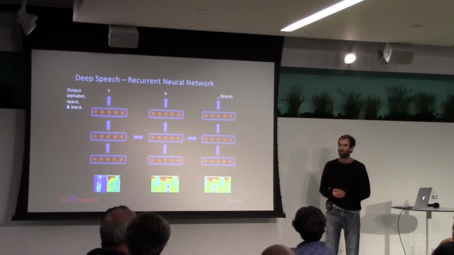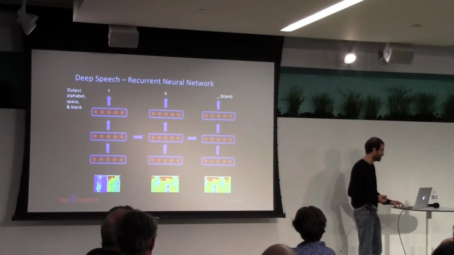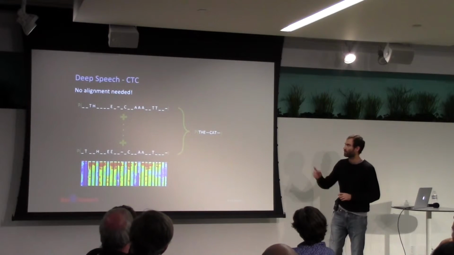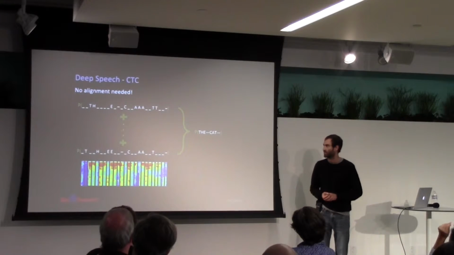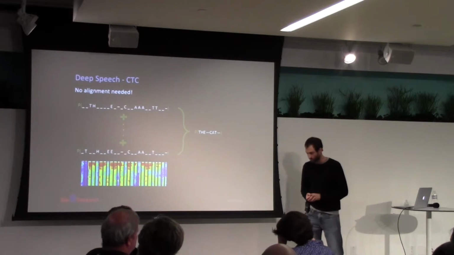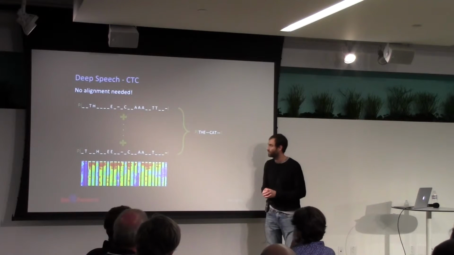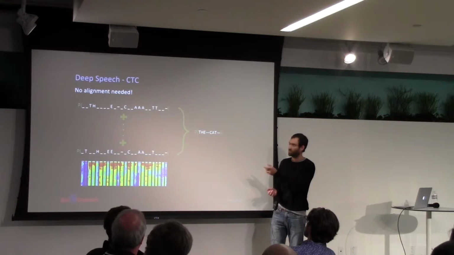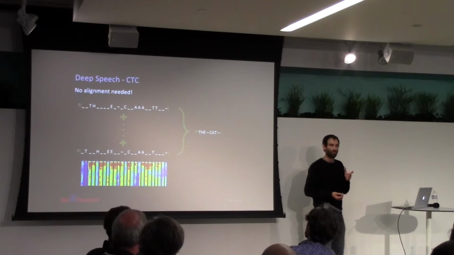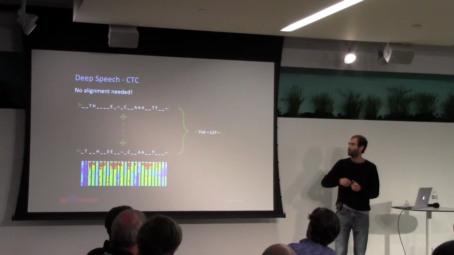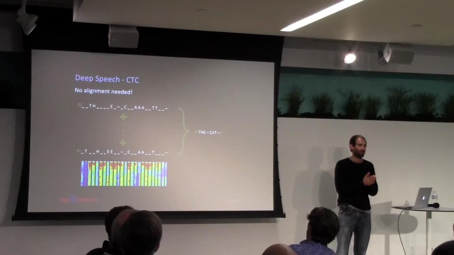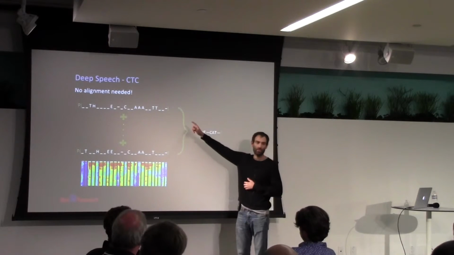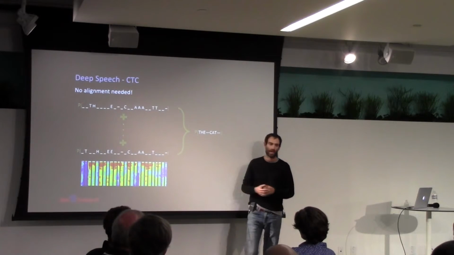And the blank symbol is essential for relieving ourselves of the alignment process that I showed you earlier. So how do we get around that? Well, we use an algorithm called CTC, Connectionist Temporal Classification. Say that we have a transcription, the cat. One possible alignment would be the sequence of blanks, th, blank, blank, blank, etc. We just take that one possible alignment, we remove all the blanks, and we collapse all the repeat characters that don't have blanks in between them. Through that sequence of operations, this becomes the cat.